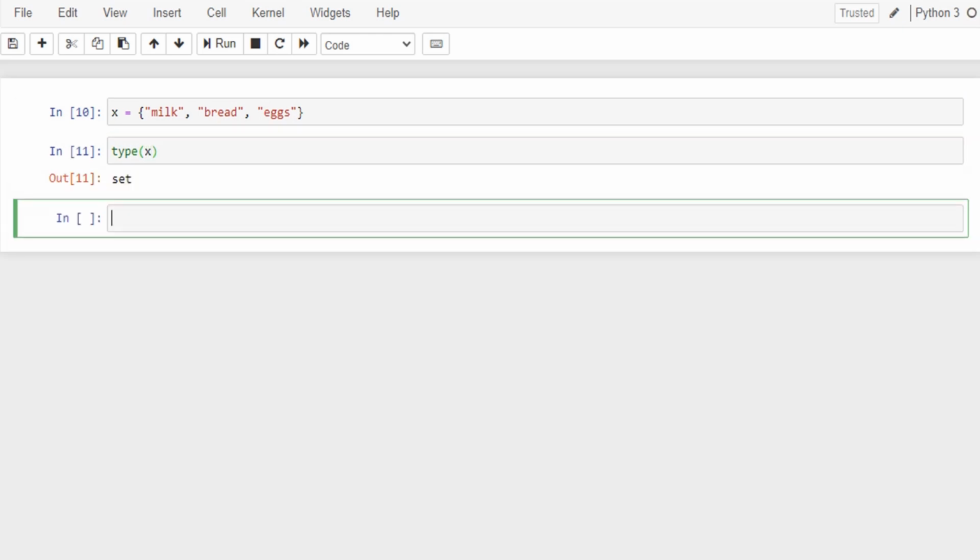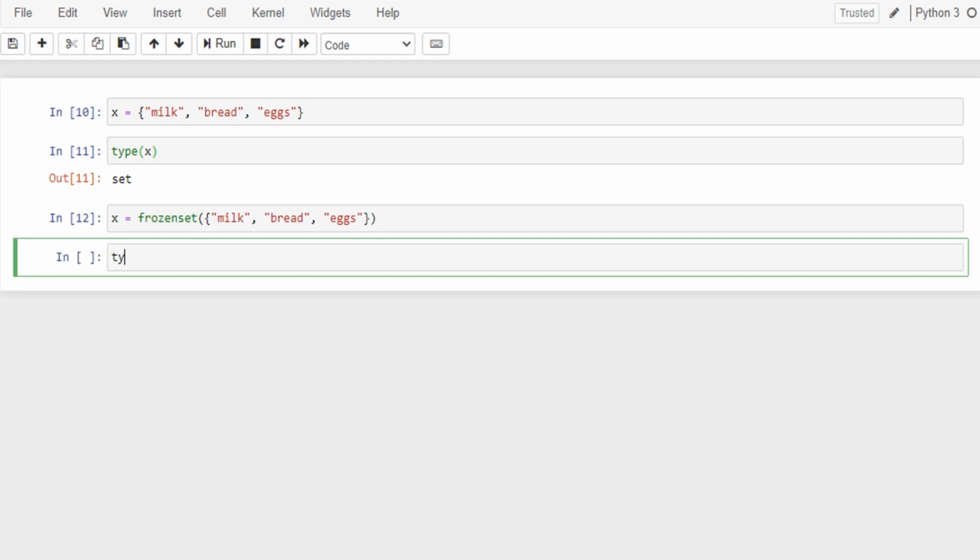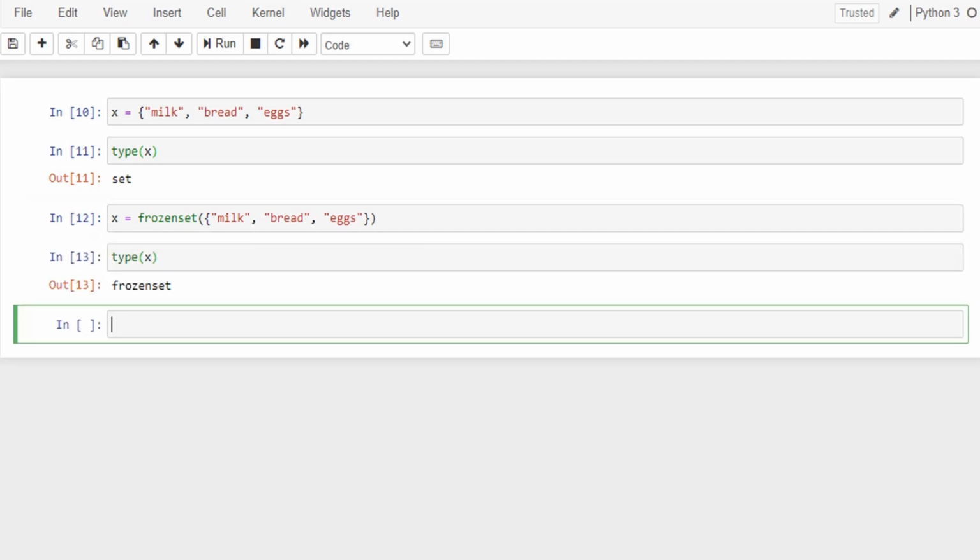Here is an example of set. Now this is an example of frozen set.